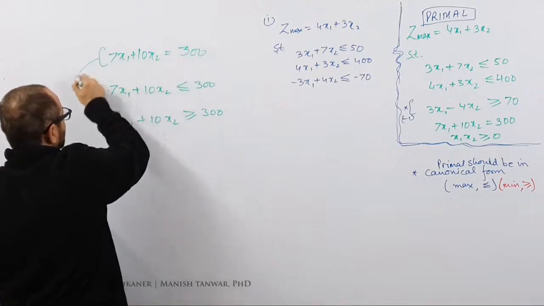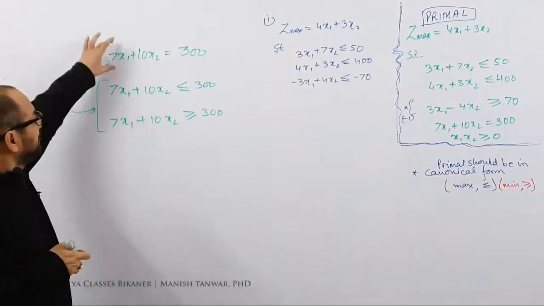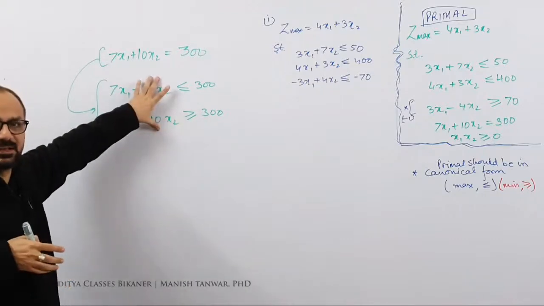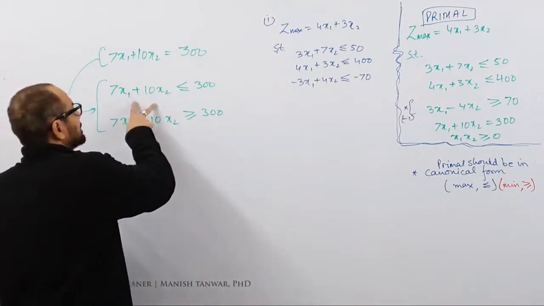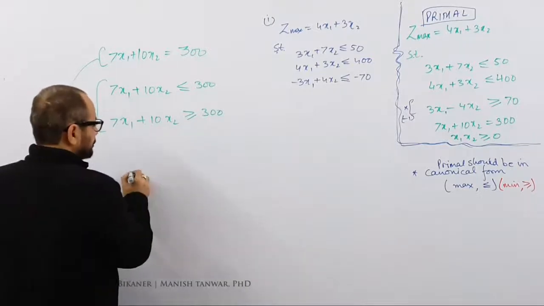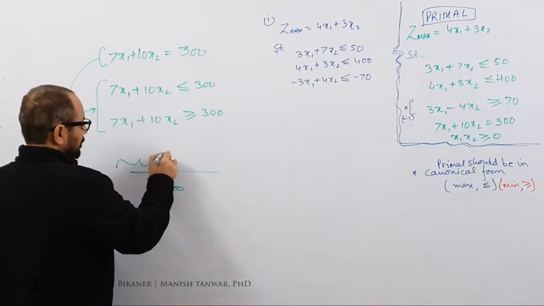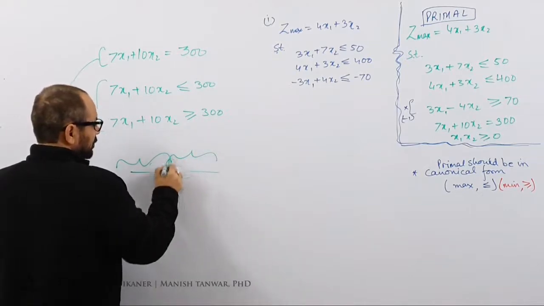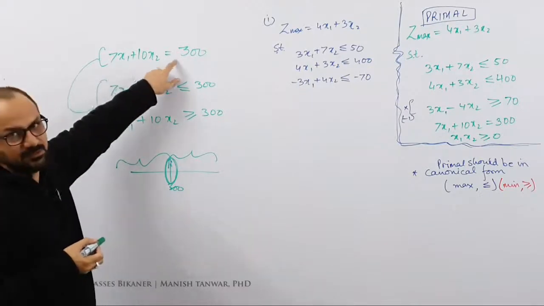what I have done is, I have split this constraint into 2. I am representing this equation by two different equations. Now this representation stands valid only if we stick with the equality. In one case, I am saying this is less than or equal to 300. In another case, I am saying this is greater than or equal to 300. One equation is saying it is less than or equal to 300. Another equation is saying it is greater than or equal to 300. So the only truth possible in these two conditions is 7x1 plus 10x2 is equal to 300.